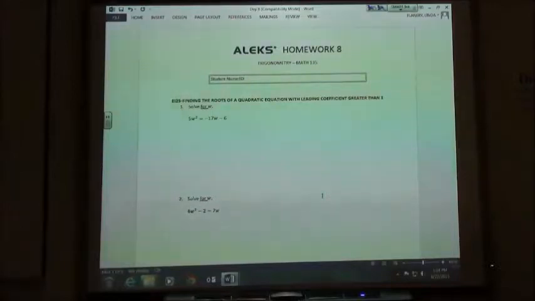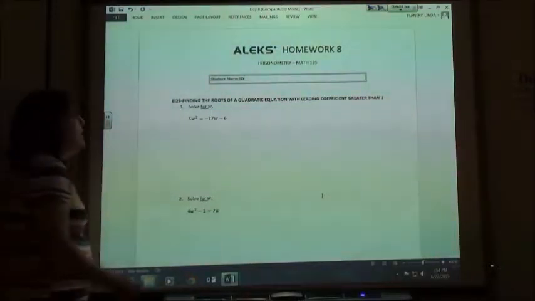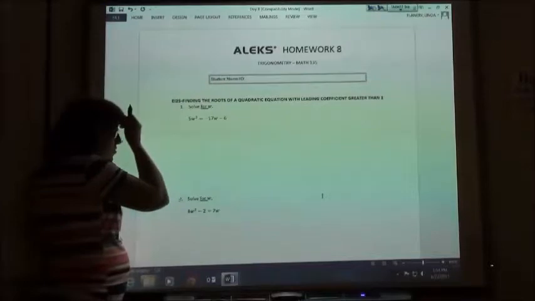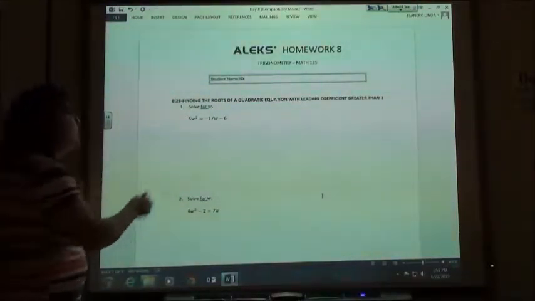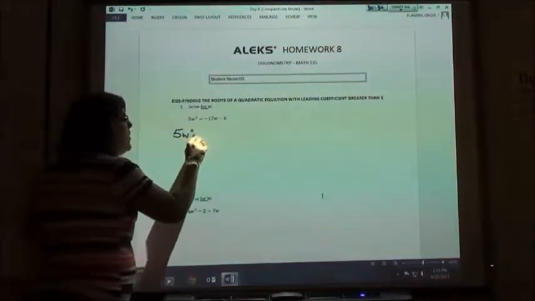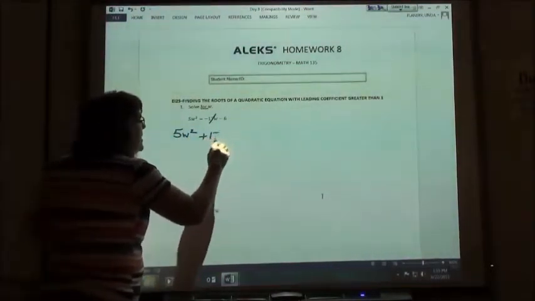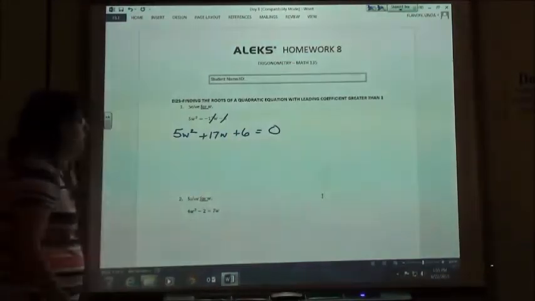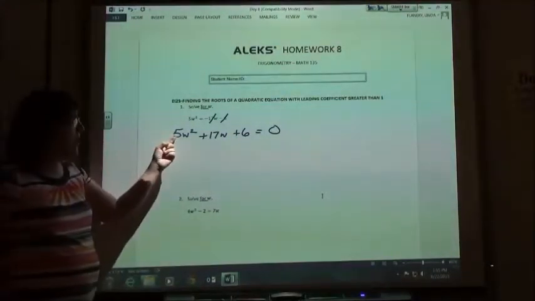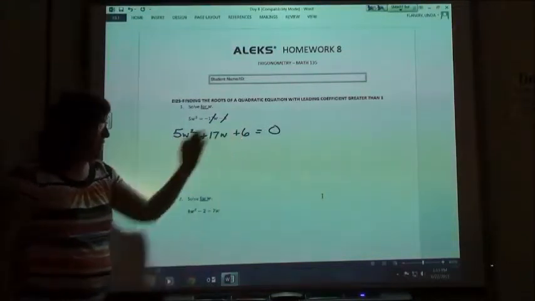and make sure it's in the best order, which is descending order. So in this case, the other thing I always want to do is leave my squared term positive. So I'm going to write this as 5w squared. I'm going to add the 17w to move it over and add the 6, and now it's set equal to 0. So I've left my w squared term positive, and then I put it in descending order so it's in